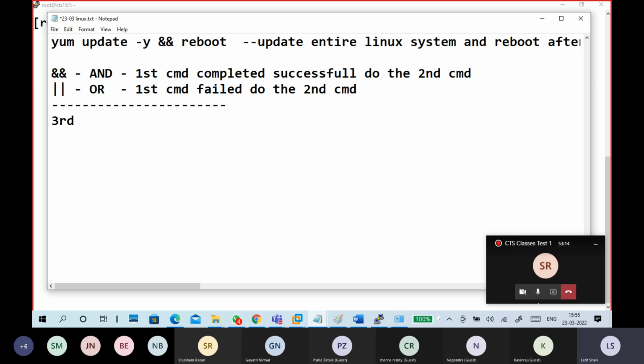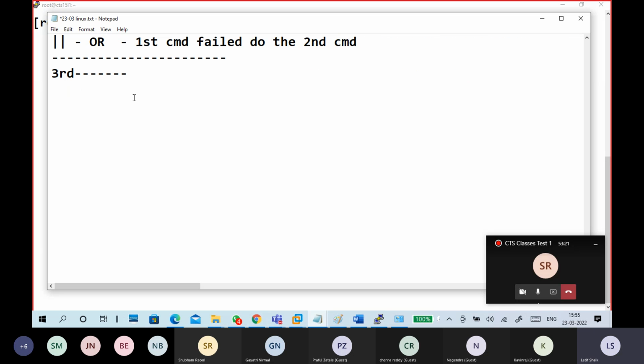In the third one we have a lot of things, service management related. From here onwards, service management. Service installation and managing, everything will come up here again. First step. Guys, remember.